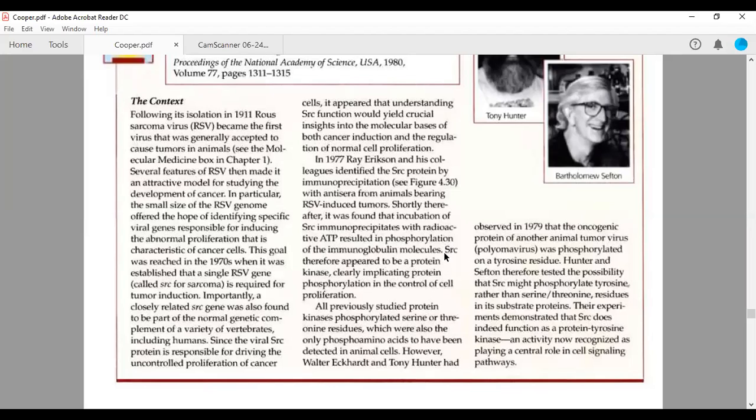So it was not recognized until here that this particular phosphorylation is over a tyrosine residue, because we know these immunoglobulins or antibodies are glycoproteins. So they were made up of carbohydrates and proteins, meaning amino acids. So the amino acid tyrosine will be phosphorylated by this radiolabeled ATP. So how was it achieved? We'll see. SRC therefore appeared to be a protein kinase,